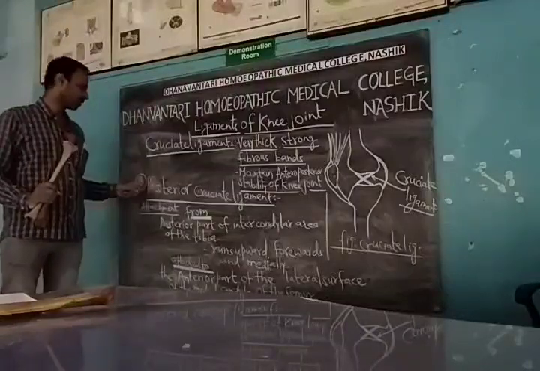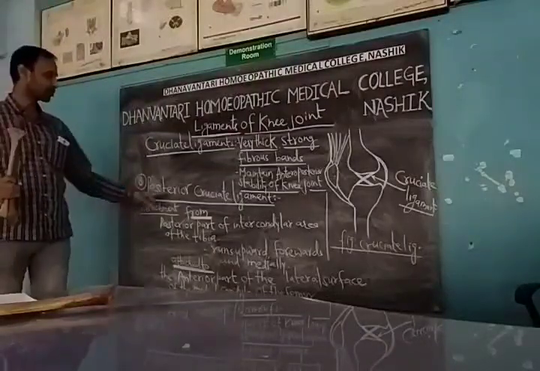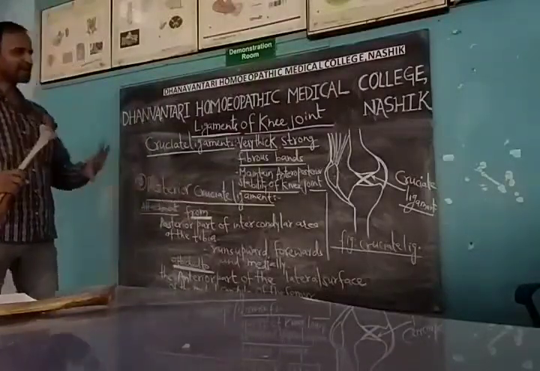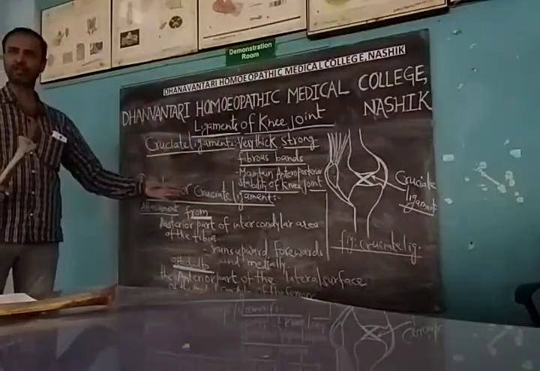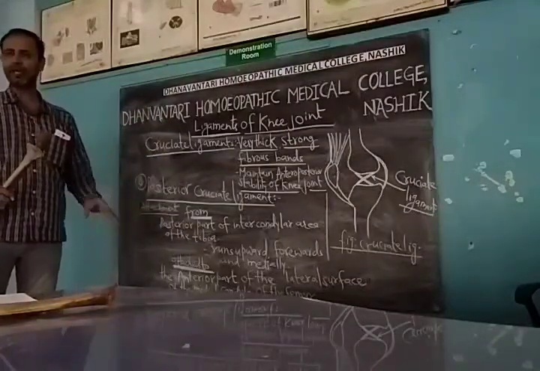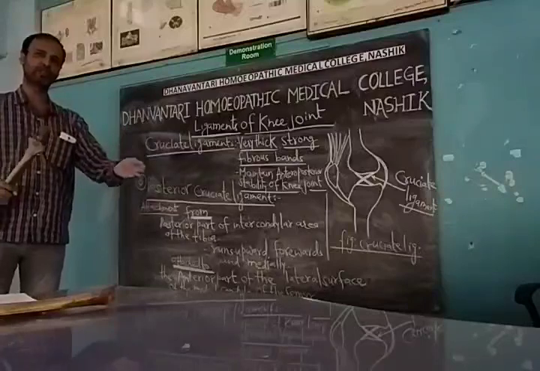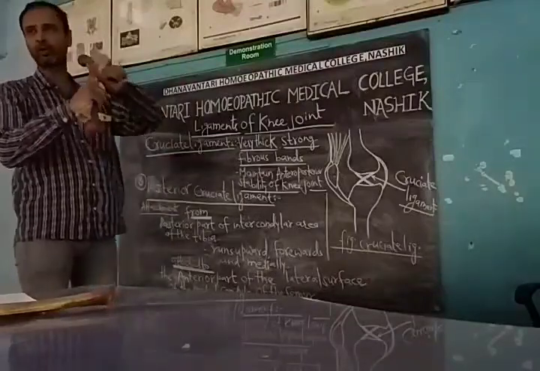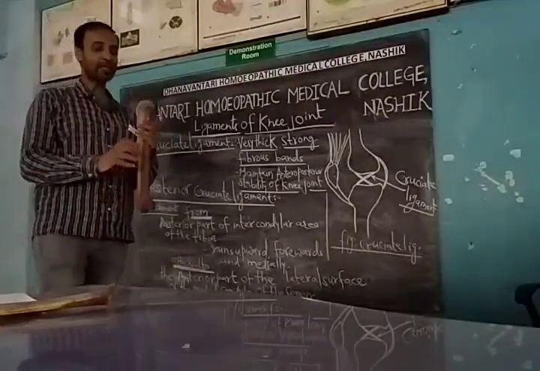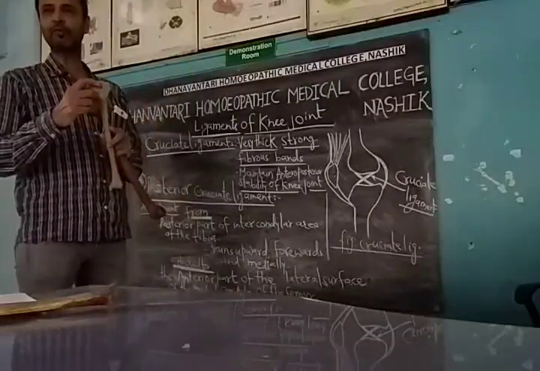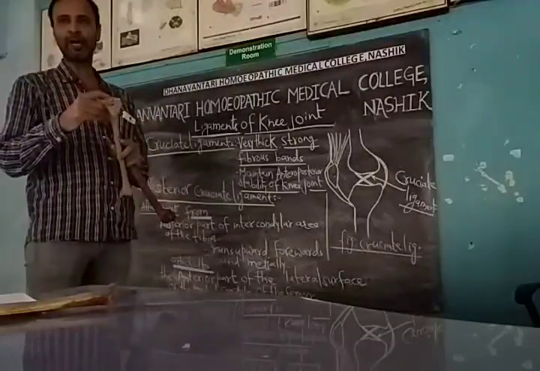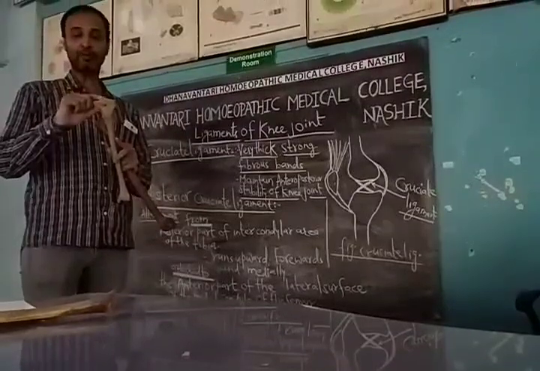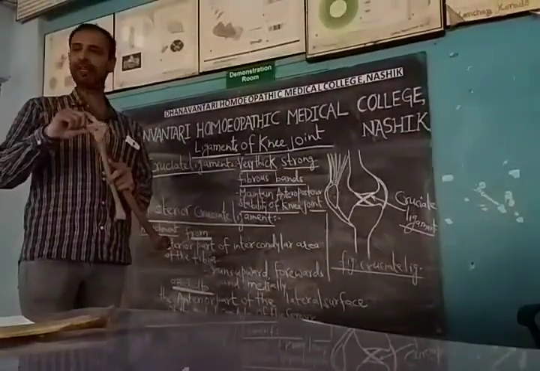Now the next, 8th ligament we are going to see is the posterior cruciate ligament. Posterior is exactly the opposite of the points we have mentioned for the anterior cruciate, because these are crossing. The anterior one began from the anterior part of the intercondylar area of the tibia. Now why is this one called the posterior cruciate?